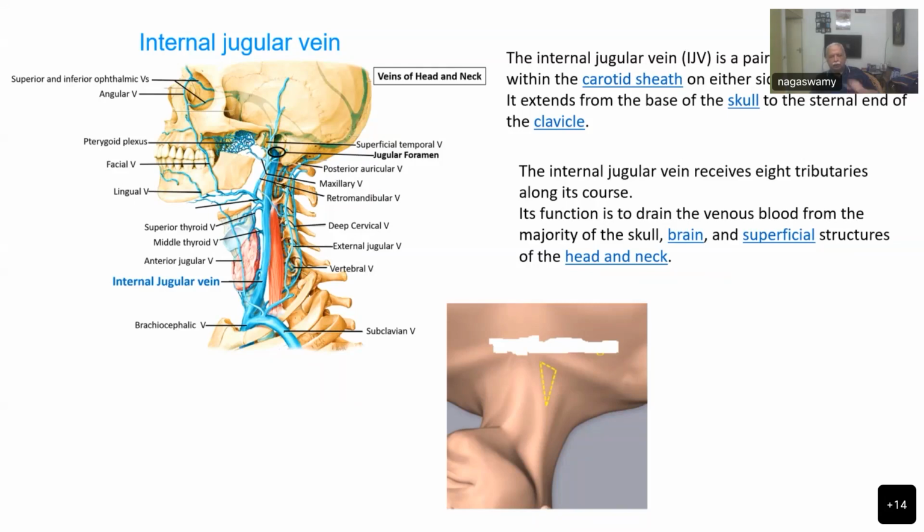All those things should be explained only when the question includes describe the anatomy of the internal jugular vein, the techniques of cannulation, indications, complications. If that is the question, then you can spend more time writing about the various approaches. But if that part is not asked, because sometimes they ask that itself as a full question,